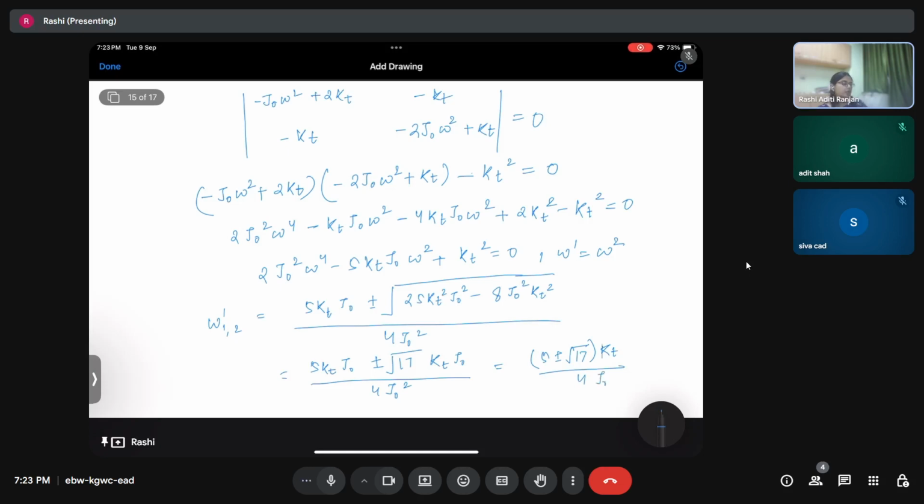Anyways, it is going to be the plus part and minus part. Both are going to be greater than 0. Okay, so under root of this is going to give us the natural frequencies. So we are going to have the natural frequencies as